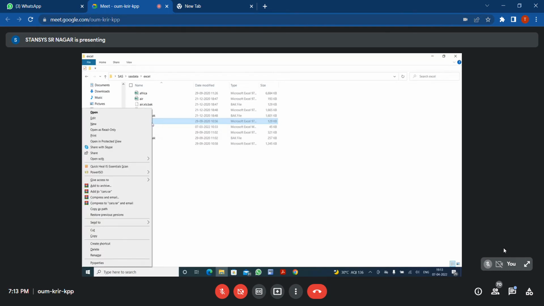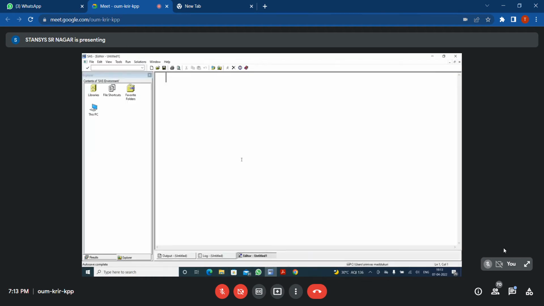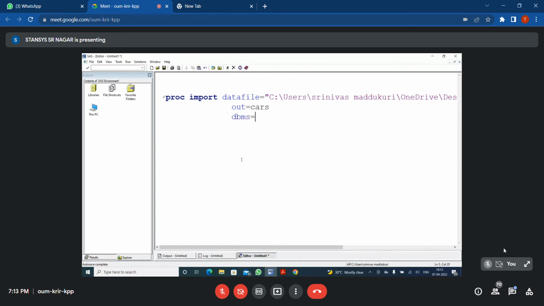Proc import. I'm copying the path first of all. Tell me how we can do that one. Proc import. Very good. Datafile equal to, paste the location of the path. Out equal to work.cars. DBMS equal to XLS; replace; run;